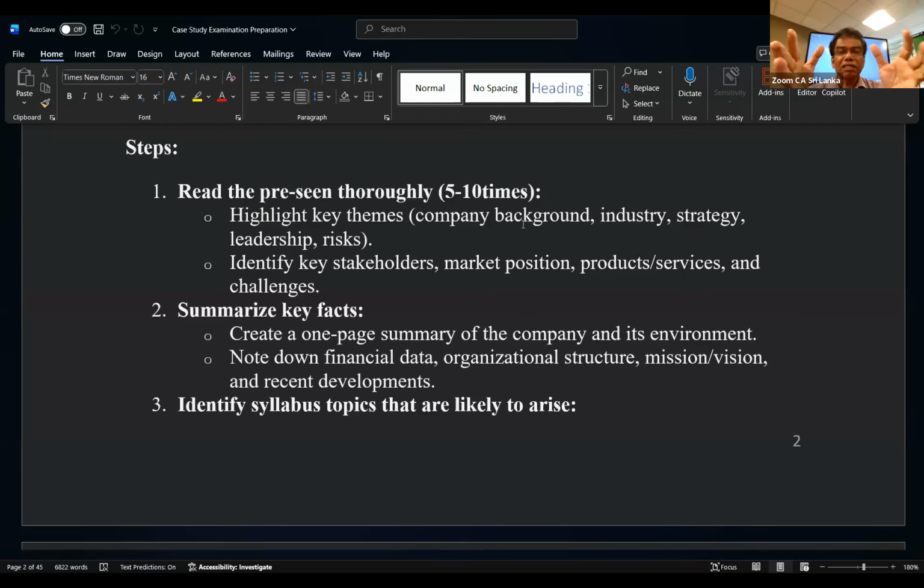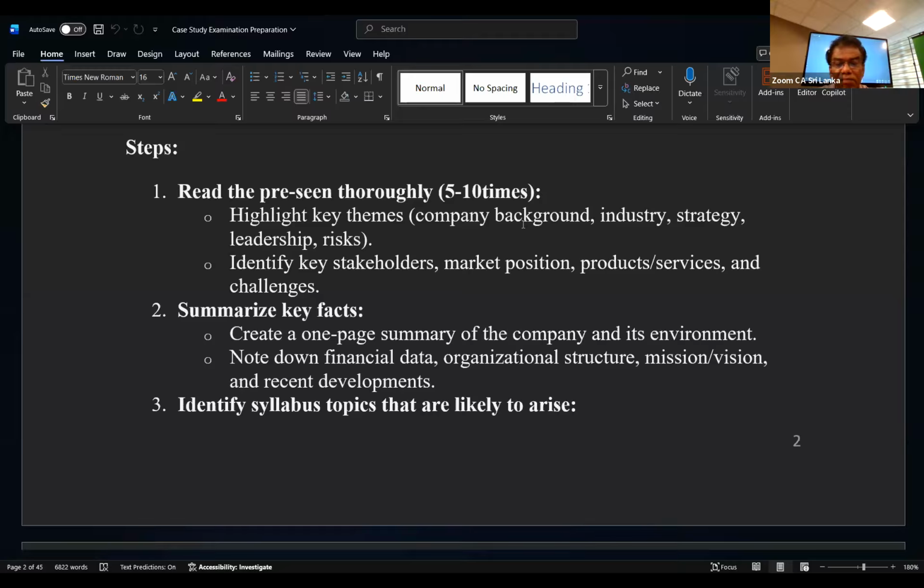When you come to supply chain management, last year's exam, their position and technology matter, because AI has already been introduced to logistics, and there will be bigger competition, and the competitive edge will be lost for them, right? Then they have to find a new strategy. So how do you fight those challenges? You can already think about those things during this pre-seen period. This is the way you must prepare.